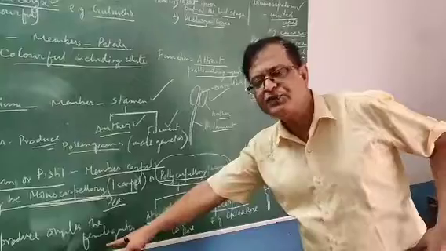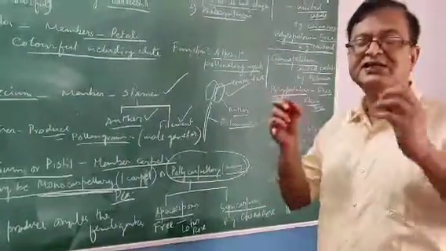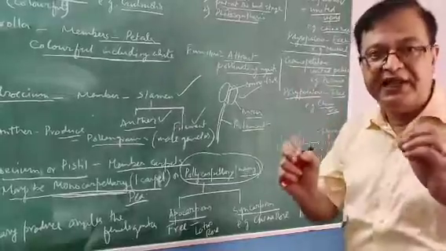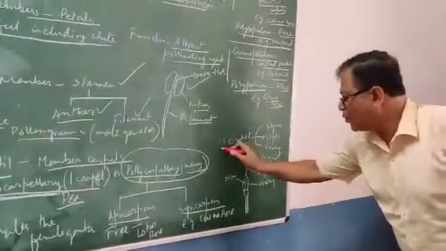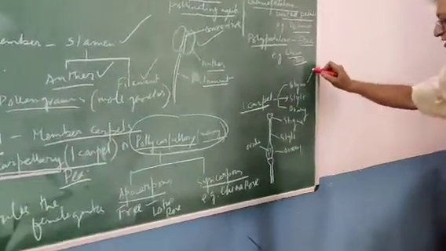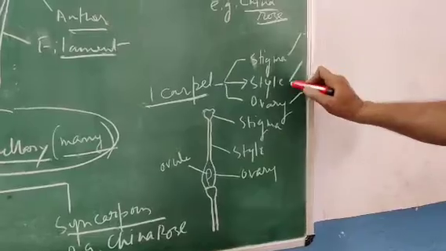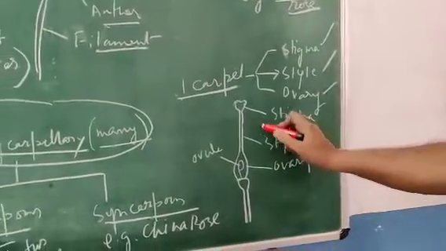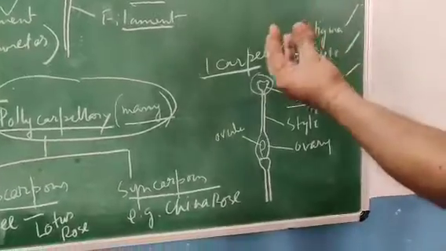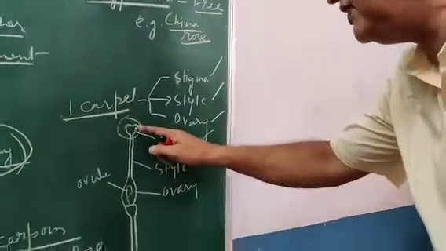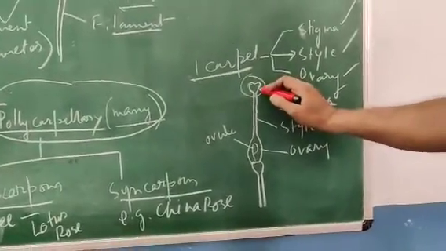Now what is the ovary doing? Ovary is producing ovules, and these ovules contain the female gamete. Now what are the parts that have been looked at? One carpel has one stigma. There are three parts: stigma, style, ovary. This is the stigma. This stigma is a sole and knob-like part, maybe wavy or bifurcated. This is actually holding the pollen grain during pollination.